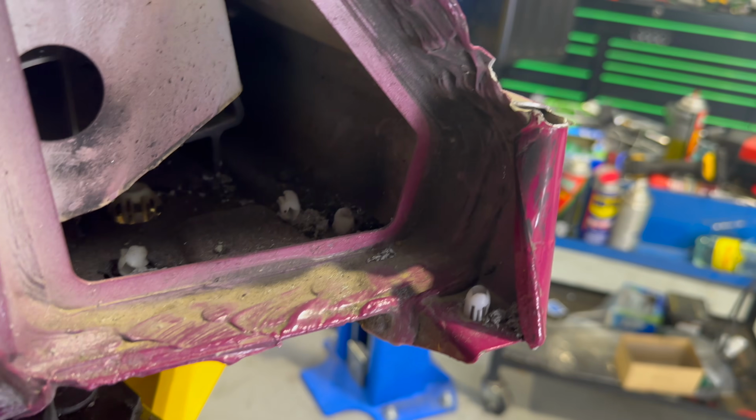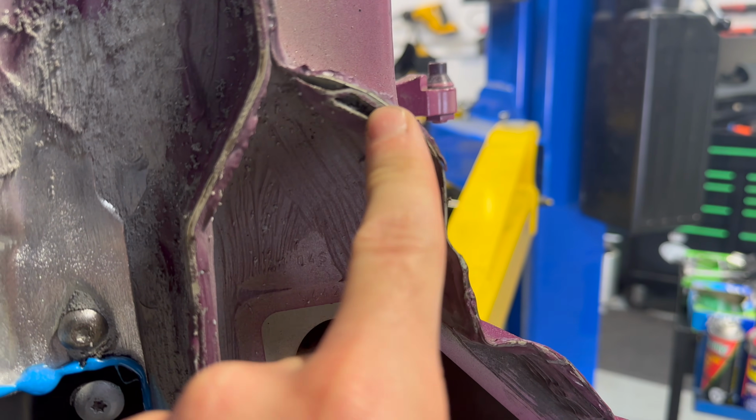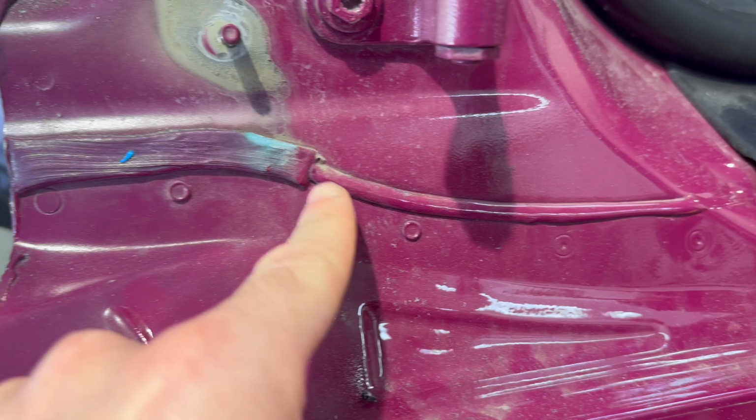First thing we're going to do is we're going to get in here and get some of the seam sealer out of here. So you can see this is all filled with seam sealer. There's a little bit of a crack here between the two panels. Straighten that out. But once we get the seam sealer off from in here, we'll be able to figure out where the fasteners are. And then I'll probably grind the seam sealer off here. Then I'm going to make a cut on the panel, trying very hard just to remove the outer skin, which